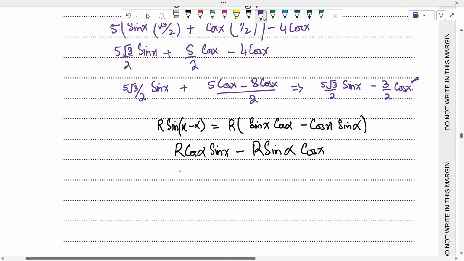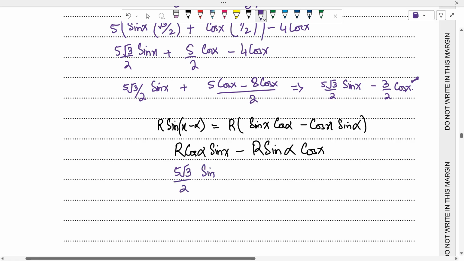So we can write here 5√3/2 sine x minus 3/2 cos x. Comparing these two equations,